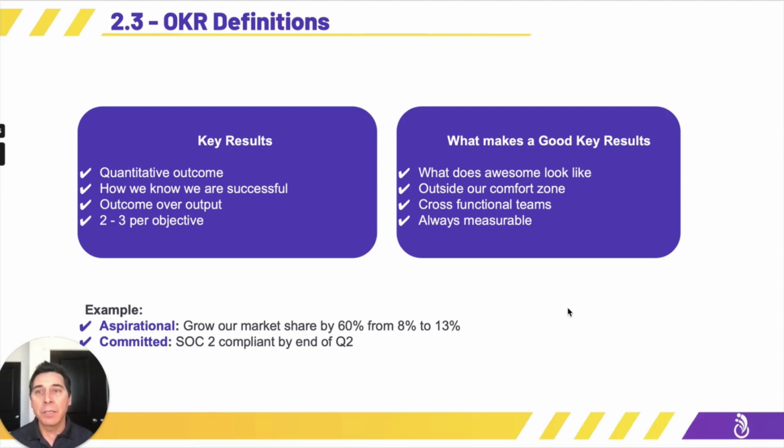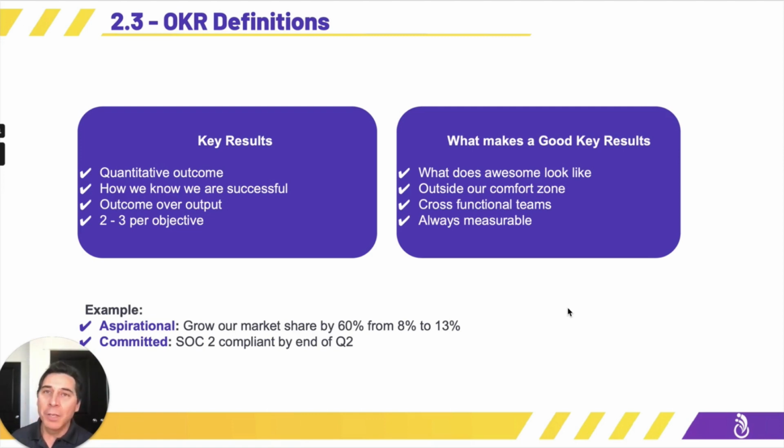And then the emphasis here is on outcome over output. So remember that list of tasks that we were talking about, this giant list? That's the output that we're doing, right? And the outcome is the metric that we've defined as part of the key result. The outcome is whether or not we've hit that goal or not, whether we've moved from A to B with that particular metric. So let's take a look at what makes a good key result.